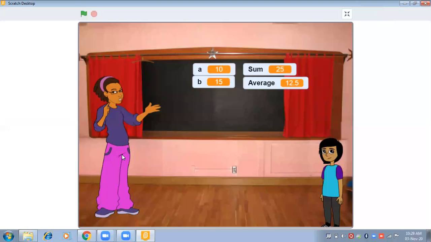So this type of program you have to create. It is not compulsory that you take the same background or the same scene which I have created. Choose a background of your choice. Maybe you can display a conversation between two friends, or it can be a beach scene, an ocean scene, it can be anything. It can be a conversation between animals also. Like this, you just have to calculate the sum and average of two numbers. So let us start with this.